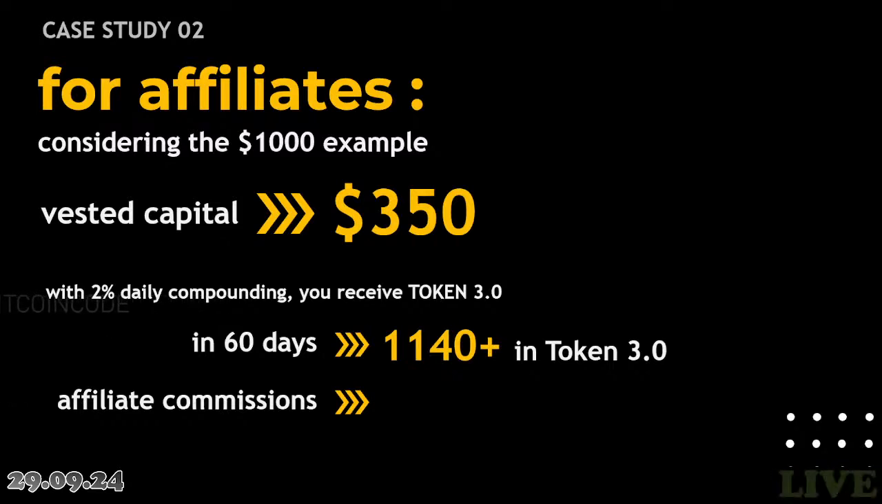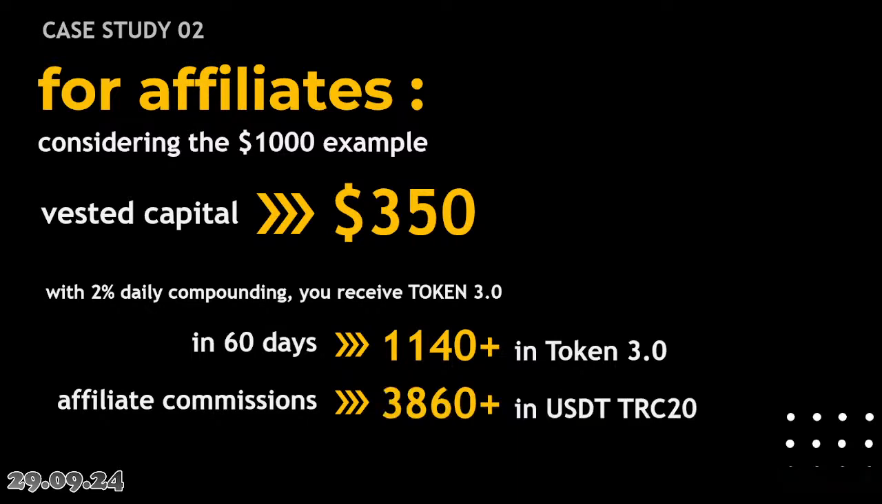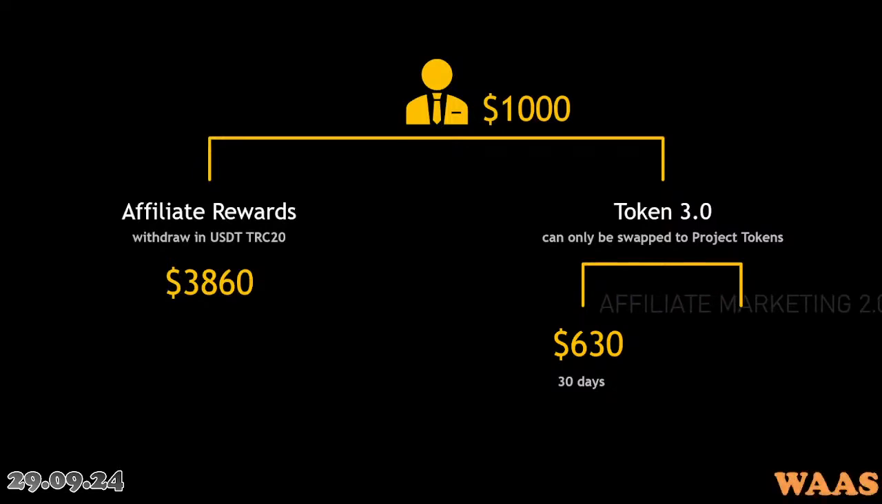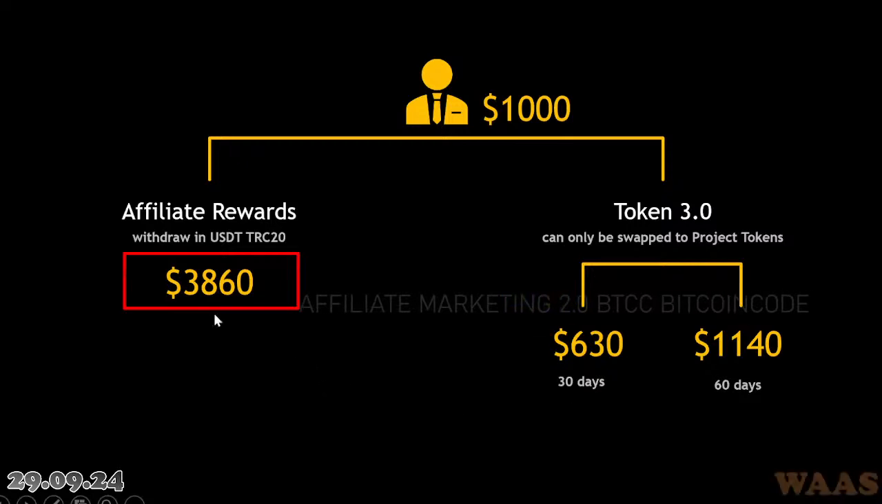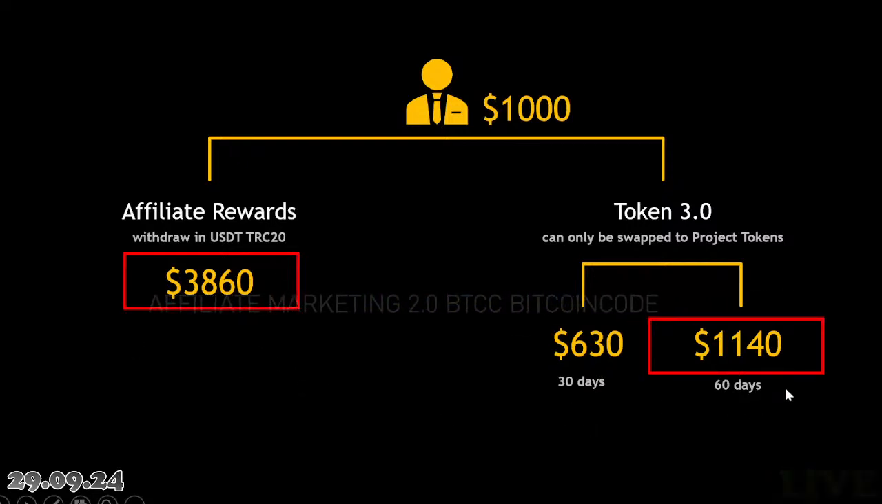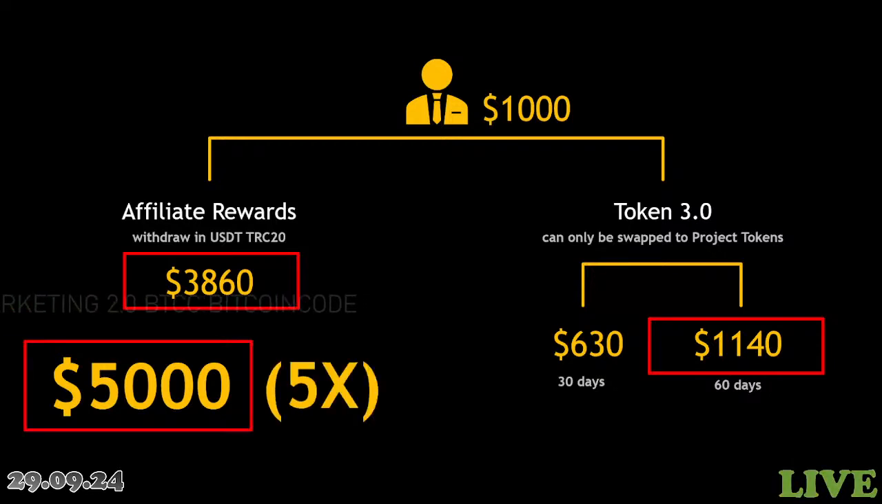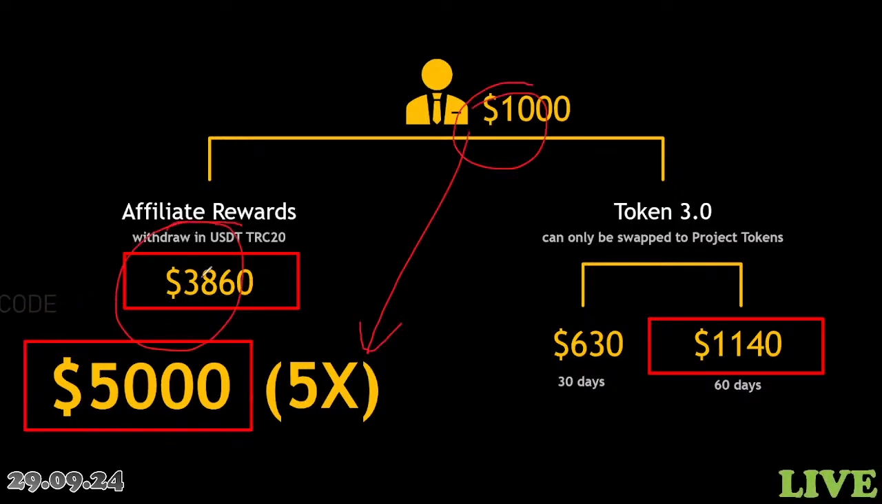And let us assume that in 60 days we also recruited and had commissions of 3,860. So 3,860 is available for withdrawal in TRC20. That's our affiliate commission that we will withdraw, right? And whatever tokens we have accumulated over the course of our 5x potential earning, that is in token 3.0. So considering 3,860 in affiliate rewards and 1,140 in 60 days compounding, that's almost 5,000. And that's 5x of our initial package value. So now this we have cashed out in TRC20, and the rest will be available in token 3.0,